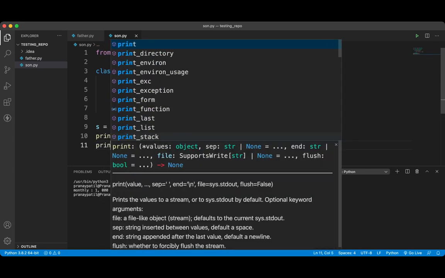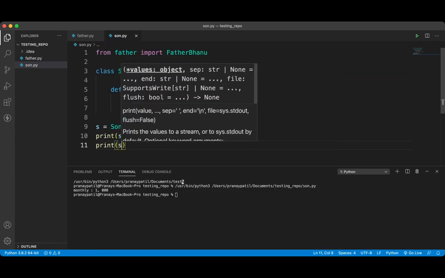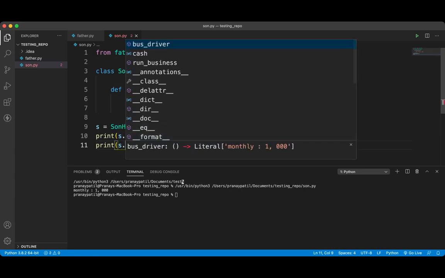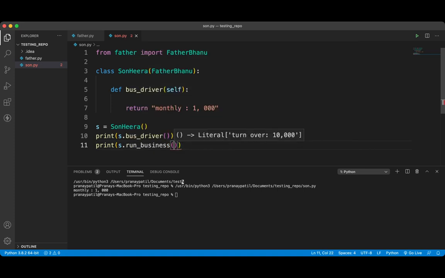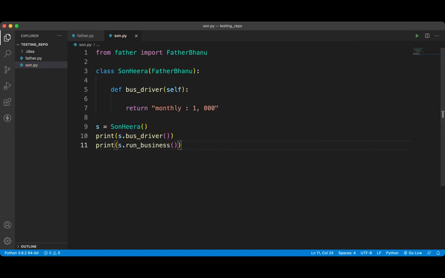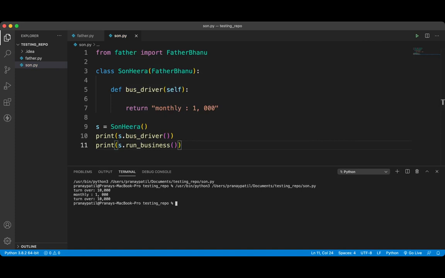Now when we try to print what the son has, we can see that the son has access to his cash and his business. So let's say we try to print his business, and we can see his monthly turnover.